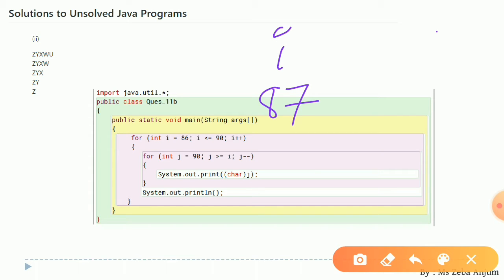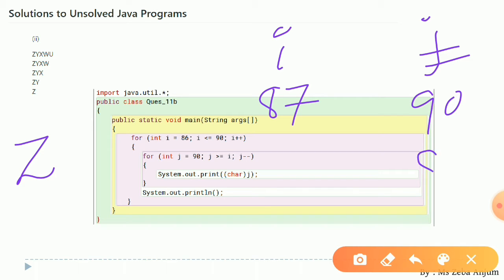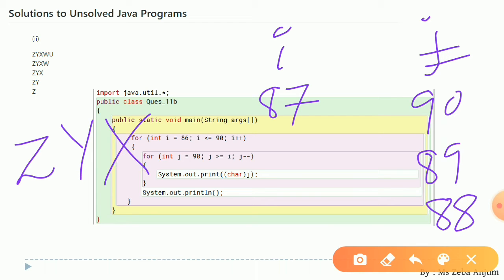87. Now the j loop will again start from 90. So the condition is again true, and for the second row we are going to get Z over here. Again the value decrements to 89, the condition is true, and we will be getting Y. Again it decrements to 88, and we will be getting X. For the value 87, we will be getting W. Now when it decrements further to 86, see, 86 greater than or equal to 87, the condition becomes false.